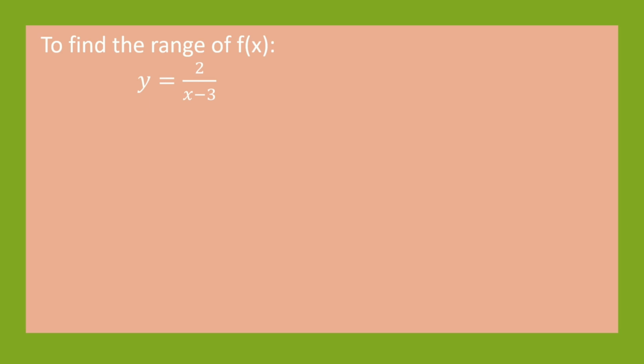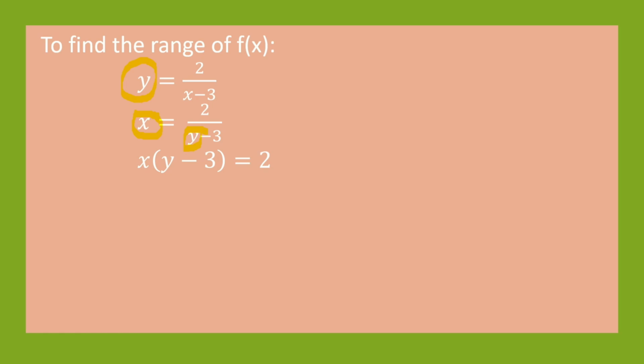So first, write y instead of f of x. So we write y here instead of f of x. Next, we interchange x and y. So, interchange places. Write x instead of y. Write y instead of x. Next, solve for y in terms of x by, of course,